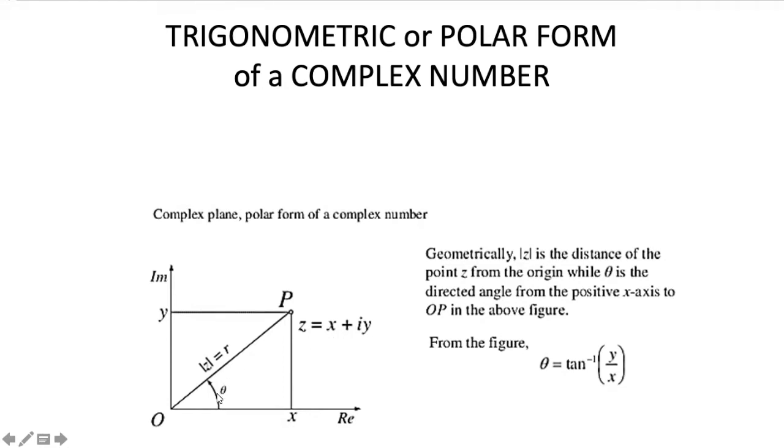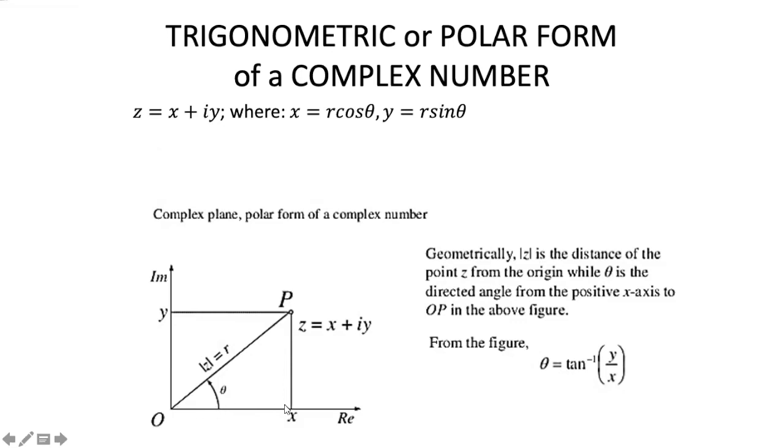Now, as you can see, we have theta and r in this complex plane. So this will help us understand the polar form of a complex number. This complex number in rectangular form can be replaced by a trigonometric function, where x is equal to r cosine theta, y equals r sine theta. So the question is, how did we arrive at this equivalent? Going back to this complex plane, we know that